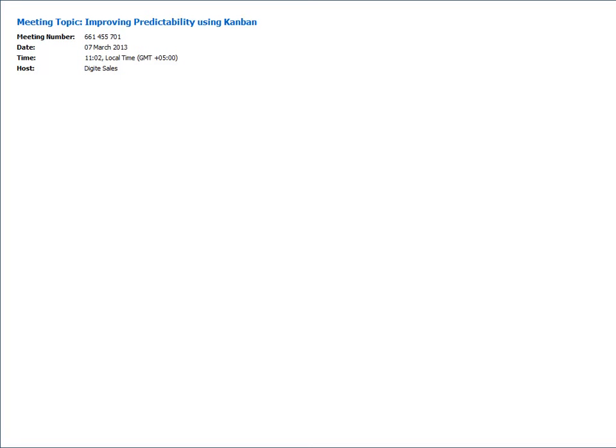So one of the questions asked is whether it works with the live Kanban data, and the answer is yes. That is the direction that we're headed to. So what you'll be able to do is actually have a button here on the board. I'm sorry, my screen is not shared at this point of time, but yes, you will be able to create a project from an existing Kanban project.